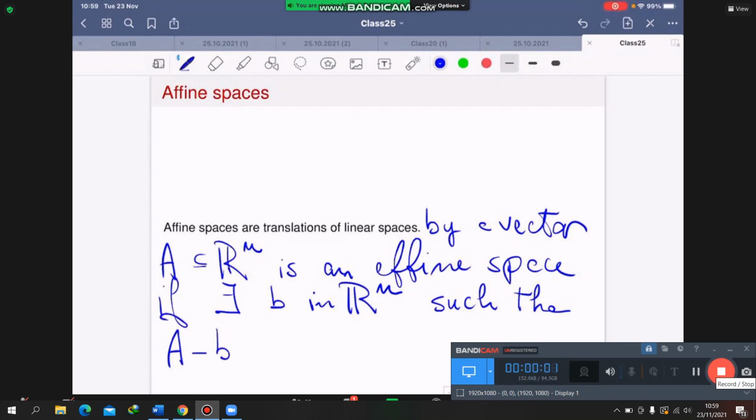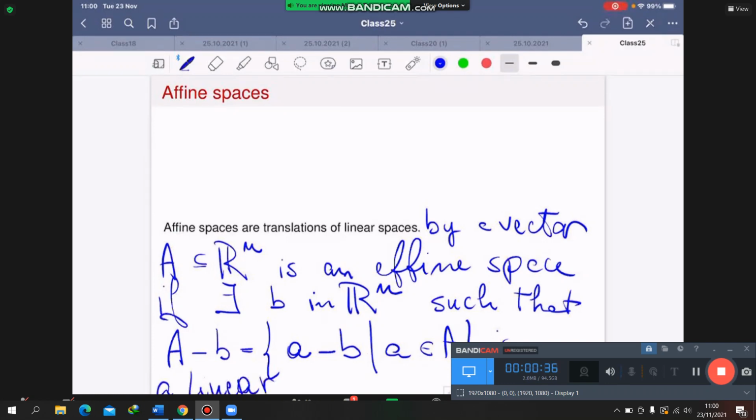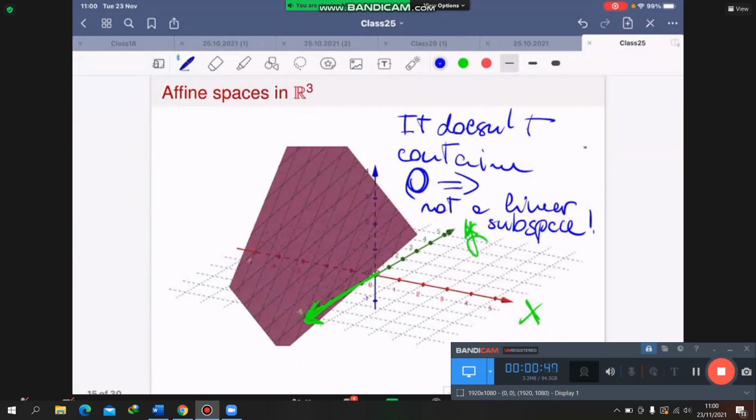I'm going to write down what A minus B is: the set of vectors a minus b, where a is in A, is a linear subspace. So if I move my plane by a vector,